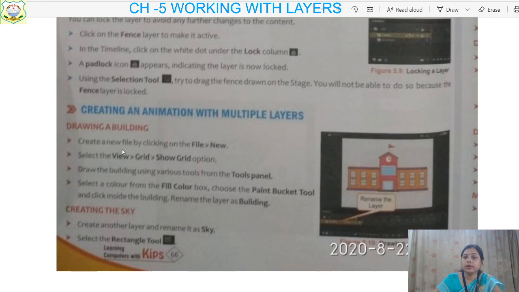So, drawing a building, children. For this we will create a new file as you used to do. Create a new file by clicking on File and the New option. Then they have selected the grid, children. By selecting the grid, there are vertical lines and horizontal lines, to show you the exact